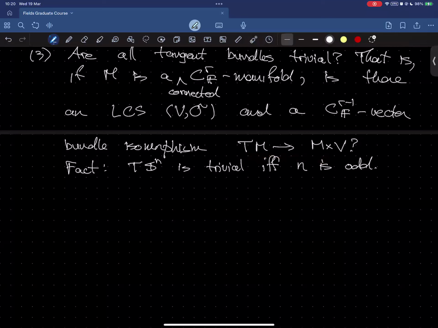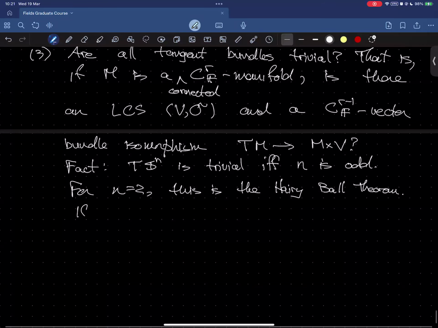All right, and so for n equals 2, this is what's known as the Hairy-Ball theorem. And so let me try to tell you some intuition behind the Hairy-Ball theorem. Definitely not a proof of the Hairy-Ball theorem. Okay, so if TS2 were isomorphic to